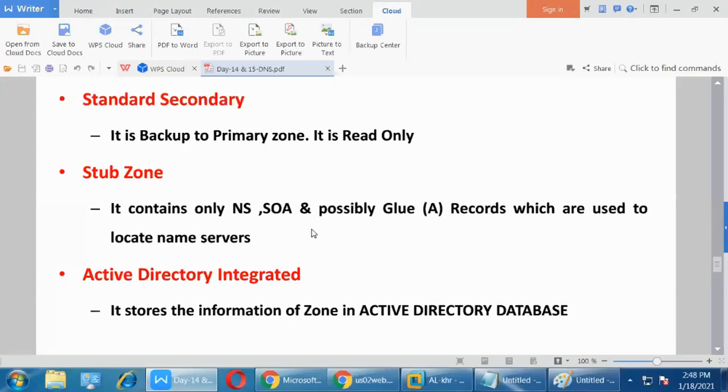So at that time what we do is configure one secondary zone, which has only 2 records. We mention this secondary zone as the alternate DNS, so that queries go to it when the primary server is busy, and it replies. It contains only the NS record and the SOA record. NS record means name server. Understand? Clear, guys? Yes, sir, it's clear.